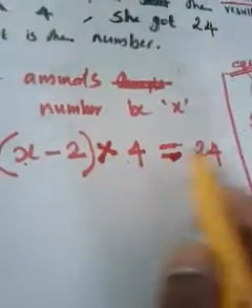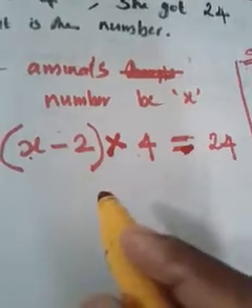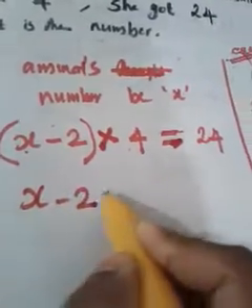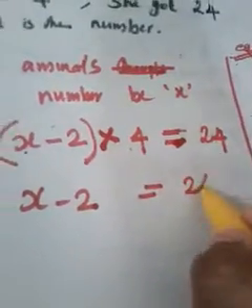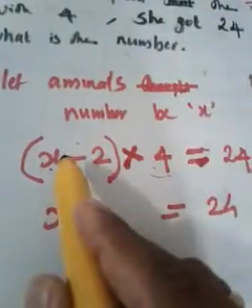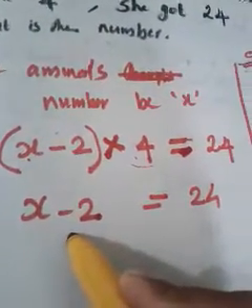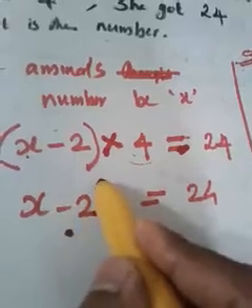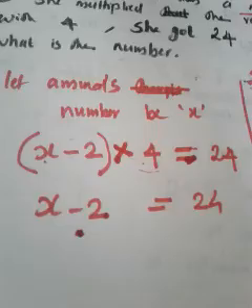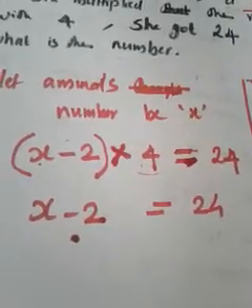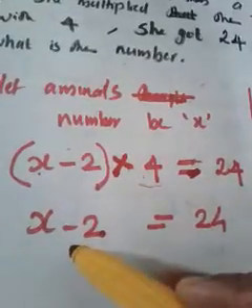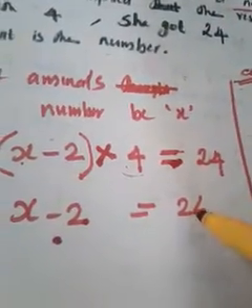Okay. Then what do we have to do here? See, x minus 2 into 4 is equal to 24, no? Then what do we have to do here? Just maintain x minus 2 on the left side. And what is on the right side? 24. Then what I am going to do is take this 4 to the right side. Maintain x minus 2 on the left side. Then, if you want, you can give a bracket. I am not going to say much, because you will get confused. So I will just maintain x minus 2 on the left side. The right side is 24. Just write as it is.